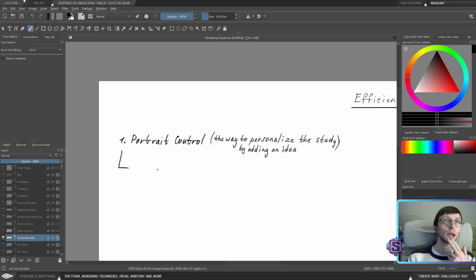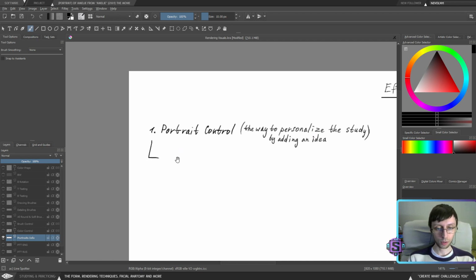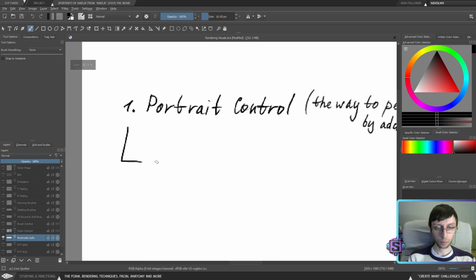Again, this is the way to personalize the study by adding an idea, and the only way to portray the idea for the simple portrait is through subtle body language. This is the only thing that we will be able to control in here. So, subtle body language.